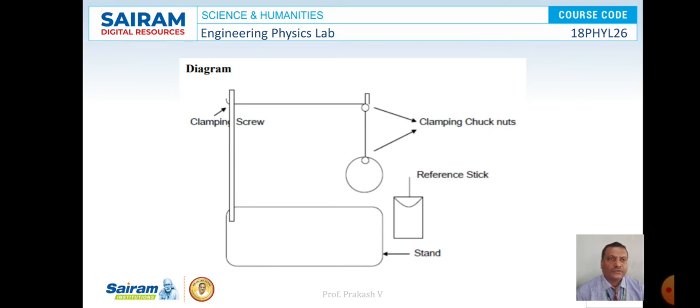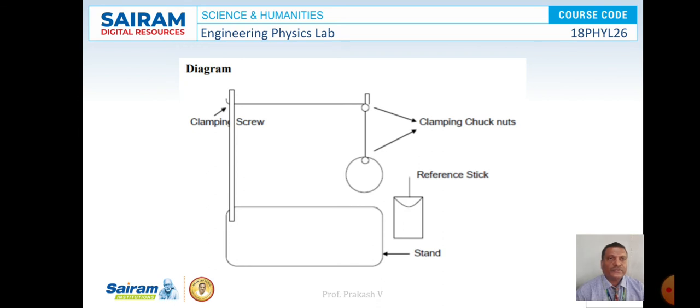So here we have to make the object execute torsional oscillations. The object has to twist about the axis of suspension. Once it is twisted, because of the elastic property of the material, it will come back. The time for one complete oscillation is considered as the period of oscillation. Here we have to calculate the time for 20 oscillations, first trial, and again the time for 20 oscillations, second trial. The average time for 20 oscillations will be recorded, and that time divided by 20 gives the period of oscillation, that is the time for one oscillation.